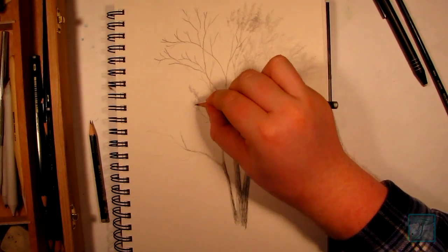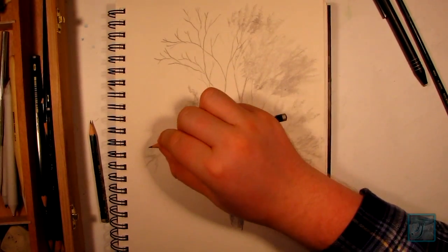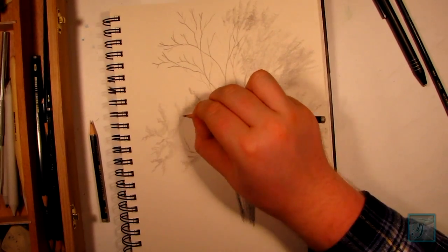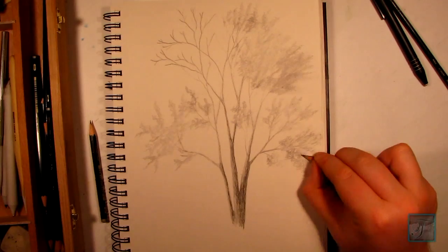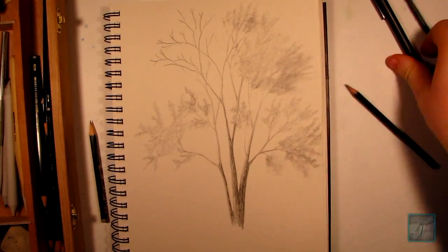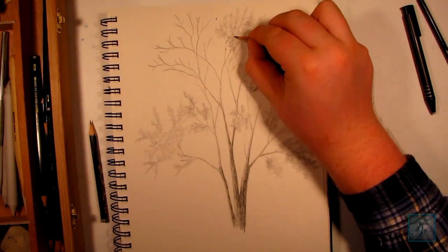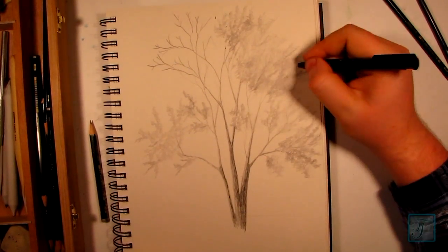Alright, so hopefully you're not completely lost at this point. If you are, I'm sorry, but I kind of build my own methods as I draw, and I kind of stick to them. So if you are completely lost, just maybe backtrack a bit and really pay close attention to the method of how I'm doing this, because it's